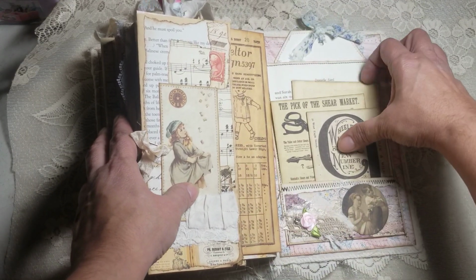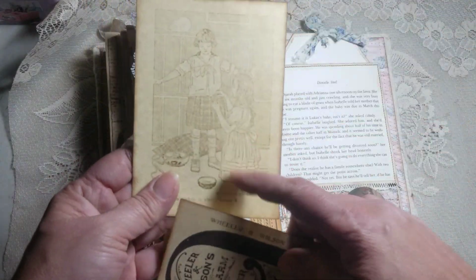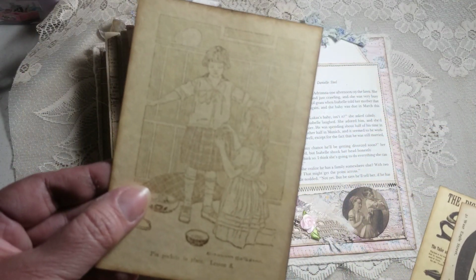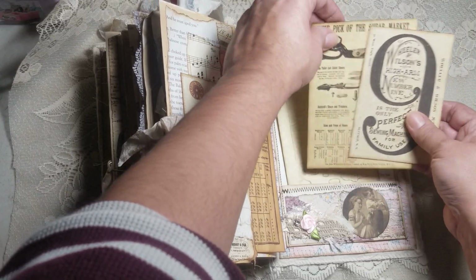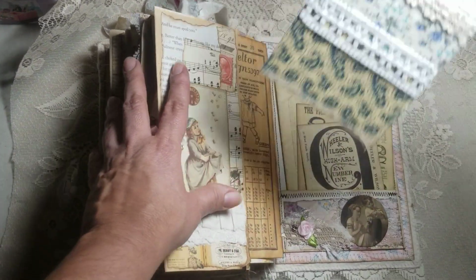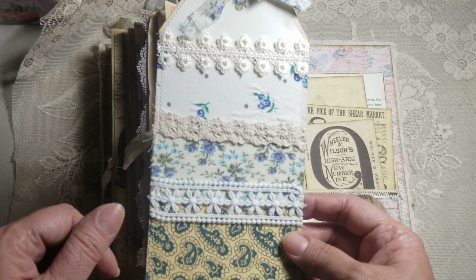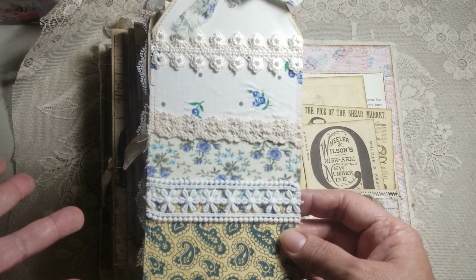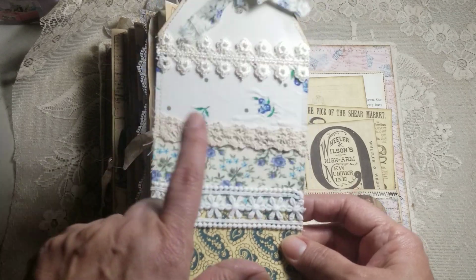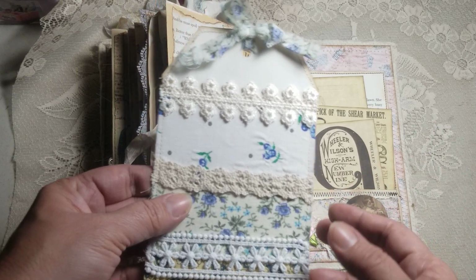It is holding in the front these pieces of ephemera. This one's kind of light. It's two little girls. I don't know if you guys could see it. So that just pops in there. And then on the back, I did make this tag. I went ahead and added various fabrics that I had, or that I just recently got from a thrift store. And then I added some lace. I figured this is like a sample of something,